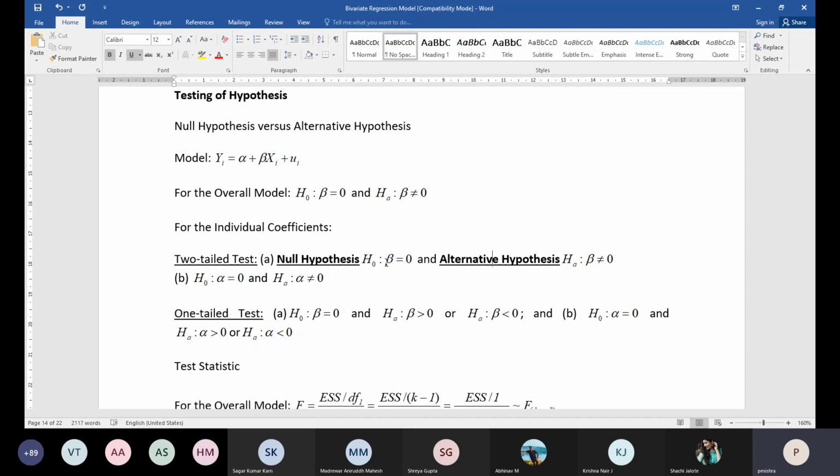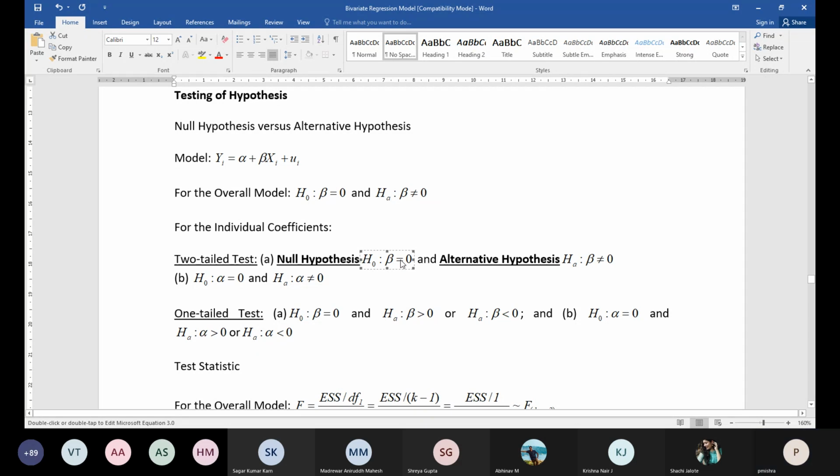So if the null hypothesis is not rejected, if beta is not statistically significantly different from 0, then this aspect doesn't have any importance as such. So when we test hypothesis, we basically test the validity of this null hypothesis